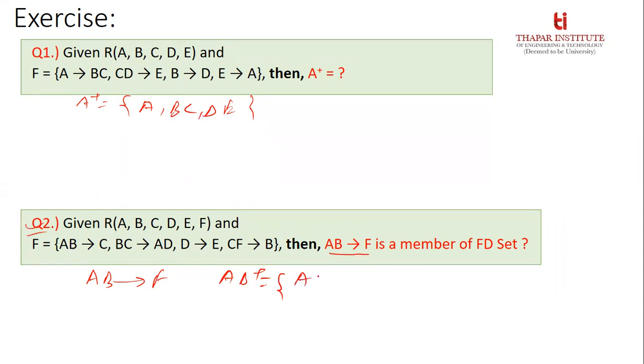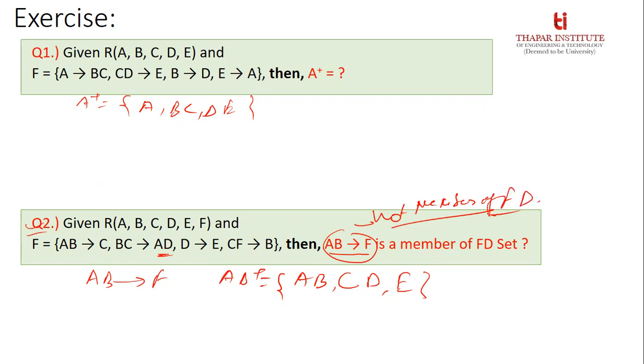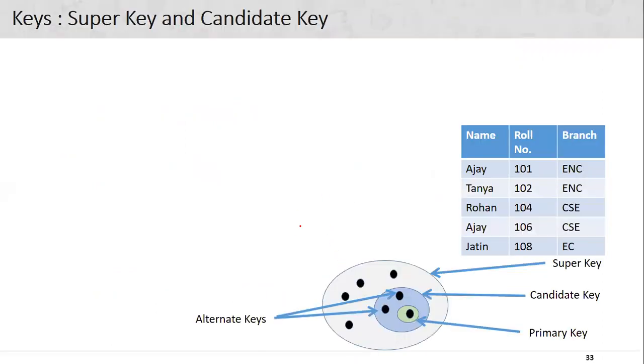So AB का closure में AB आएगा, then check who else other can come, C आ जाएगा, और BC आ गया तो AD आ जाएगा, AD में D आ गया, और D आ गया तो EB आ गया, E आ गया, CE आ गया, E आ गया तो F आएगा, नो सर। F नहीं आ रहा, इट मींस दिस डिपेंडेंसी इज नॉट अ मेंबर ऑफ FD। देखो आपने चेक कर लिया कि ये डिपेंडेंसी वैलिड है कि नहीं है, मेंबर ऑफ FD सेट, इज इट ओके, ये क्लोजर में नहीं आएगा F प्लस में, ठीक है, ओके.